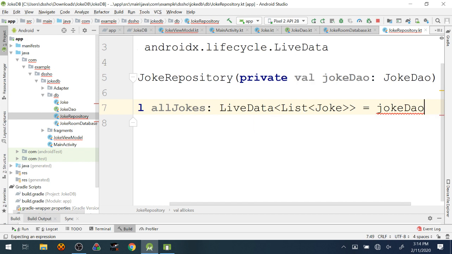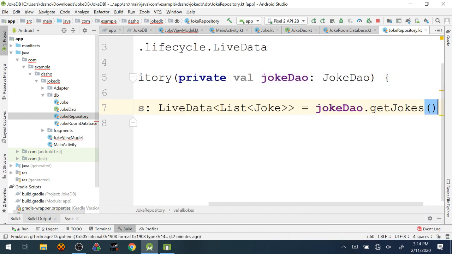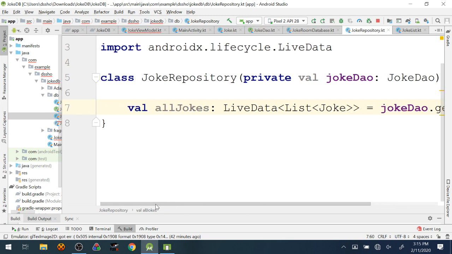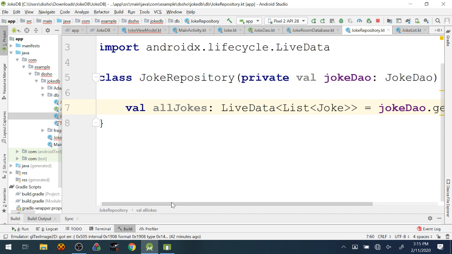So in this case, I'm going to use the DAO and call the getJokes function on it, because that's what's going to go to the database, retrieve all the jokes from the database, and store them in the LiveData object. So now I already have a LiveData object set up that has all of the jokes in my database. And again, just like last week, Room is taking care of all of the mapping. It's going to take the values from this column and map it to the appropriate instance variable in my Joke object. It does all of that, and the annotations are what makes all of that work.